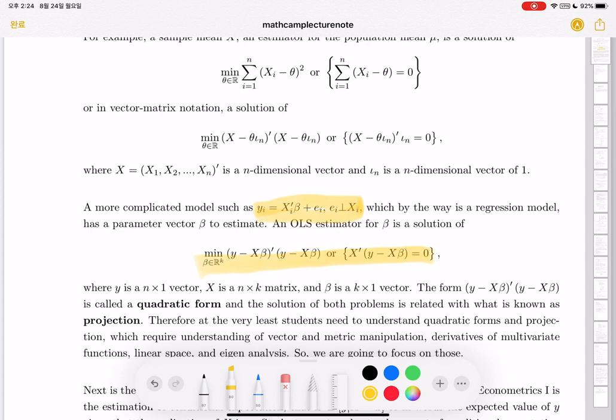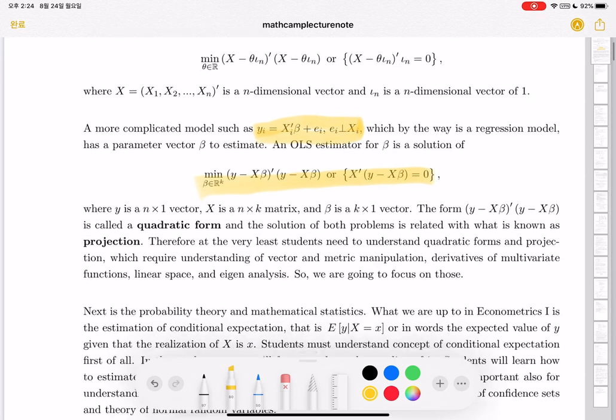So you are going to learn how to minimize some things, especially the quadratic things, and you're going to learn how the minimization solution of the minimization is related with the so-called projection. Okay,